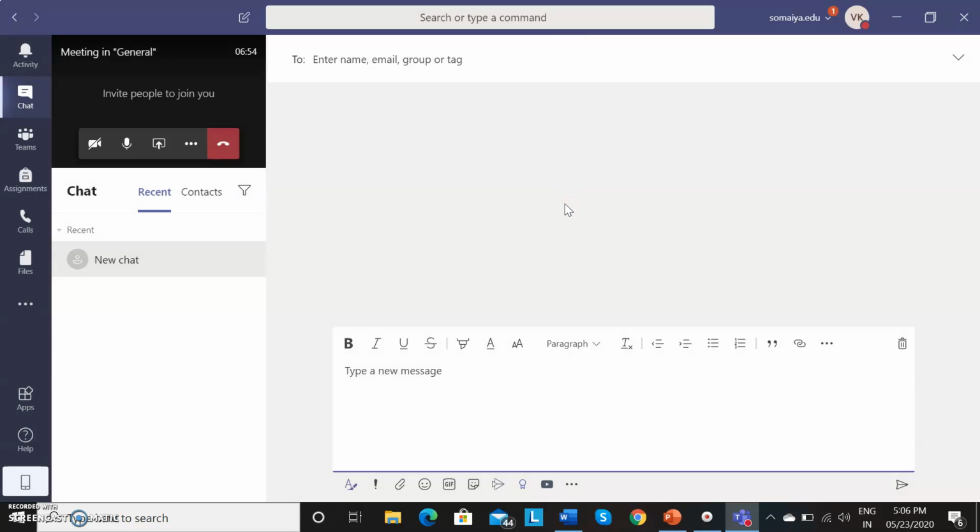And I really have liked Microsoft Teams. In the beginning, of course, I was not very happy about it because getting a Microsoft account itself was a little bit difficult for me. But after trying it 2 to 3 times, I could get the Microsoft account, and once I got the account, it's very easy. I'm really waiting to explore Microsoft Teams and to have the meeting with our group. Thank you.